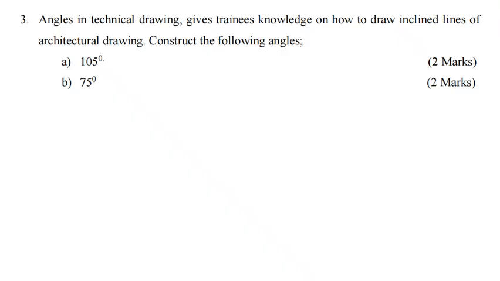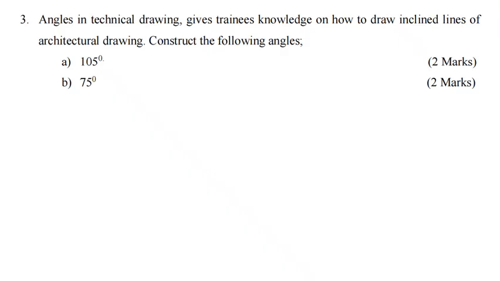This question may be a bit tricky, but as I see, there's no restriction on how to draw the angles, and therefore we can use the protractor, we can use the pair of compass, we can use any method that comes to our mind. And because we are not restricted, the easiest method is just to draw a horizontal line, and then using your protractor to measure, and you will be able to draw 105 degrees. Same to